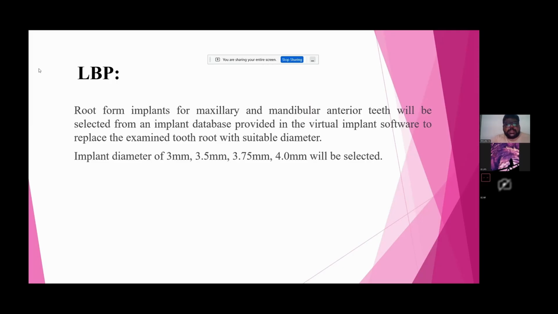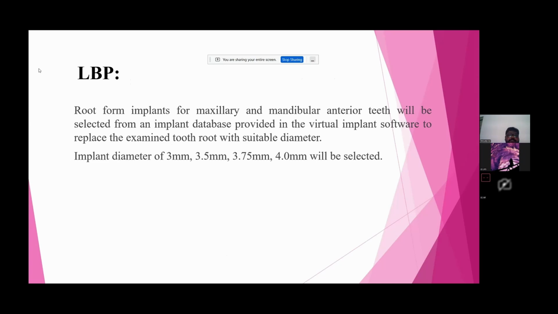Now the LBP, the labial bone perforation. Root form implants for maxillary and mandibular teeth will be selected from an implant database provided in the virtual implant software to replace the examined tooth with suitable diameter. The diameters of implants selected were 3, 3.5, 3.75, and 4 for the anterior teeth from both the maxillary and